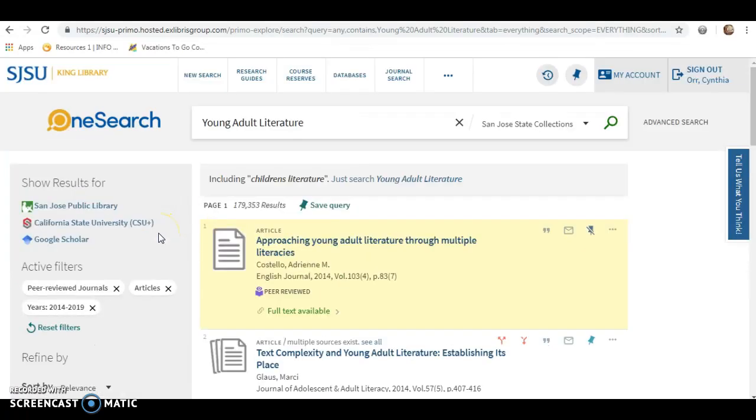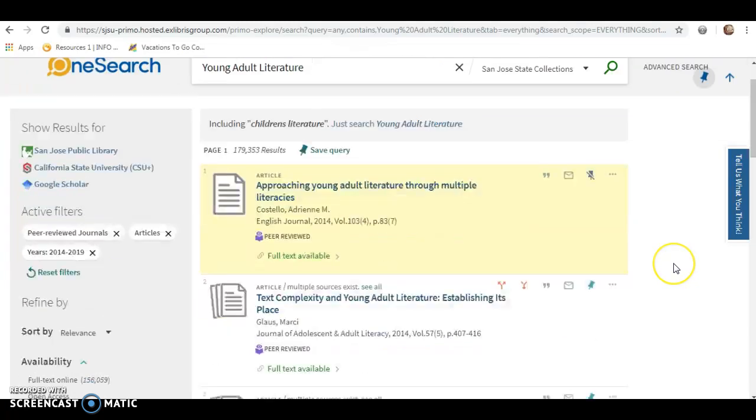But this does help us narrow it down to what we are looking for in terms of our materials. So you would set whatever filters it is you need off to the side. It'll show you what your filters are, and you can click this to reset it back to the beginning and go back to that over 1 million results. But this is a great way to limit what we get and only get things we're